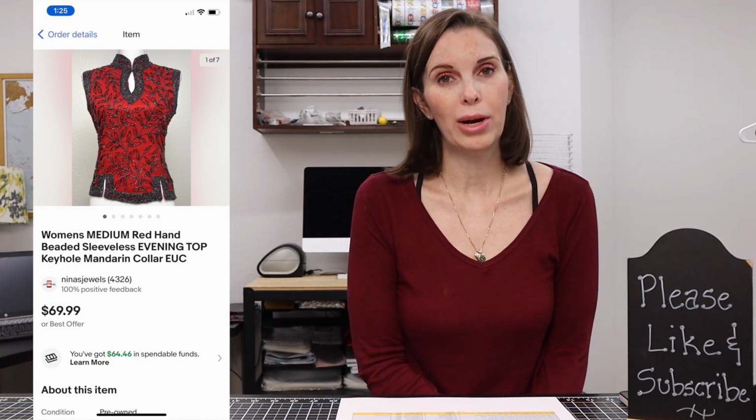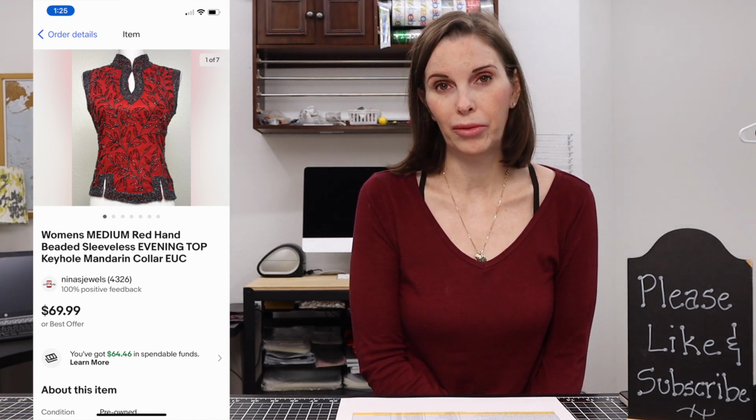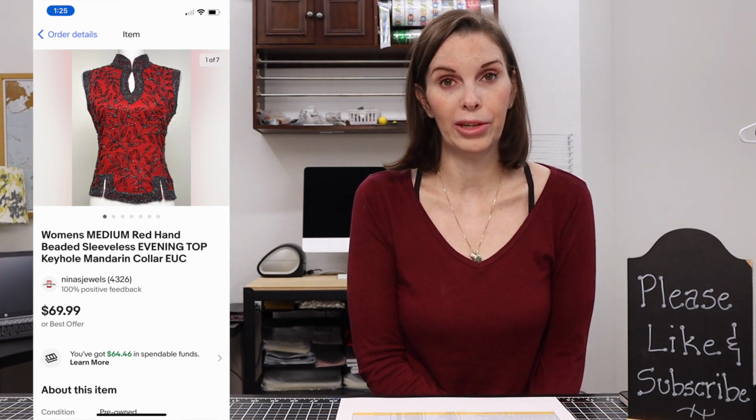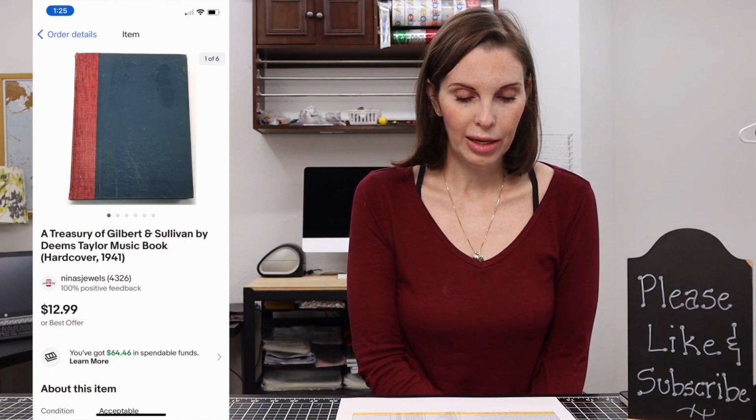We did have that for quite a long time because it did not have a brand, but that was a very beautiful handmade top, and I knew that it would eventually sell when somebody saw it and saw how beautiful it was. Next up was a book. It was called A Treasury of Gilbert and Sullivan. And it was a hardcover book from 1941. We had gotten that at an estate sale for 54 cents, and it sold for $12.99, which was our full